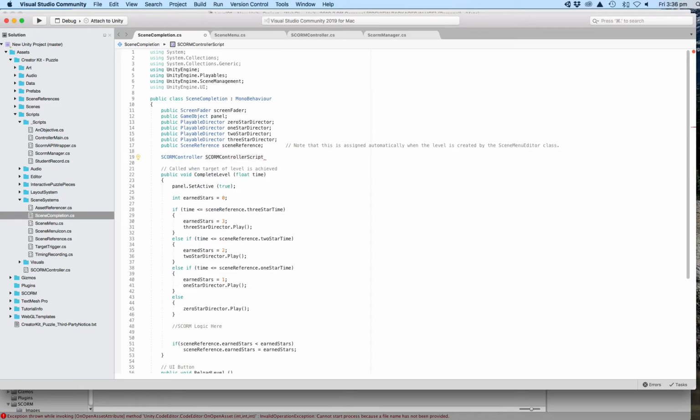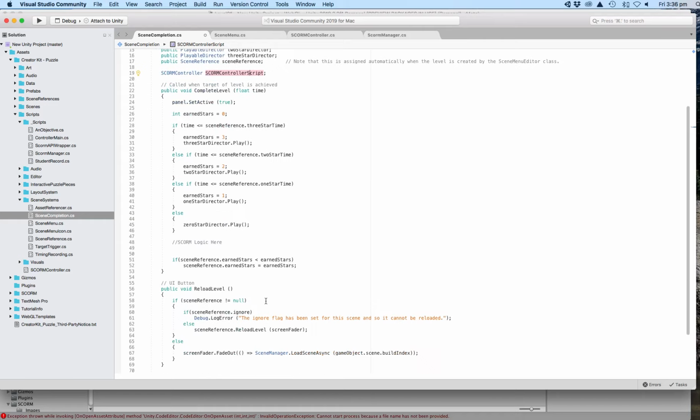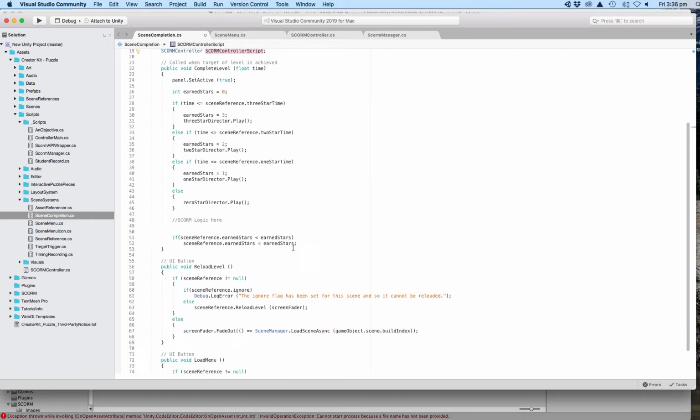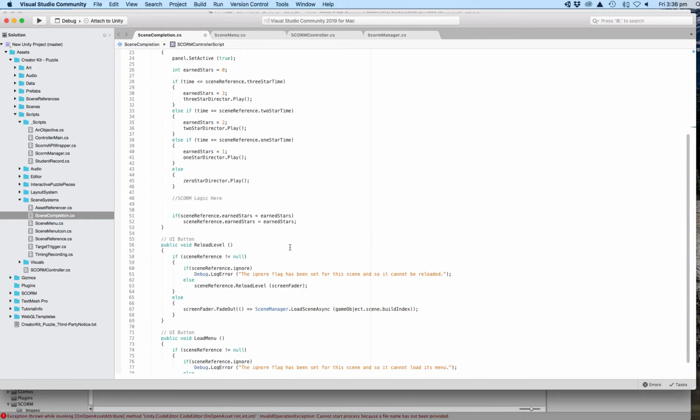So that gives us a place to have a pointer to the SCORM controller object. But now, when this scene completion menu item loads up, we need it to know about it. So let's